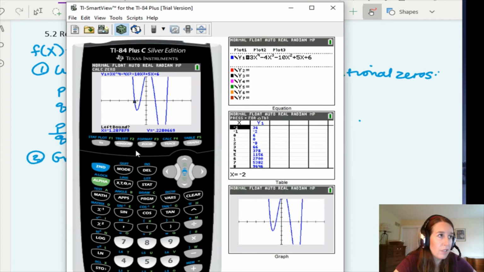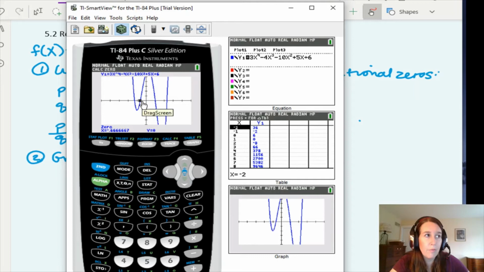All right, so this time I'm gonna do this second possible zero here. So I'm gonna say my left bound is -1 and my right bound is 0. Okay, I'm doing the bounds a little differently because I like to just type the numbers in instead of arrowing left and right, okay? But I just bounded it between here and here. And now my guess, okay, I'm hoping, okay, so look at my zero, right? Here it is. It's negative